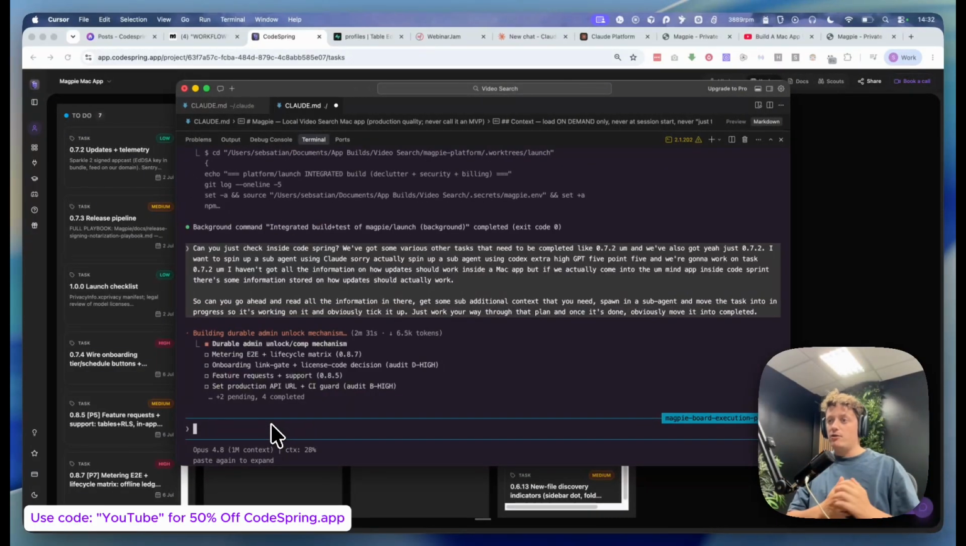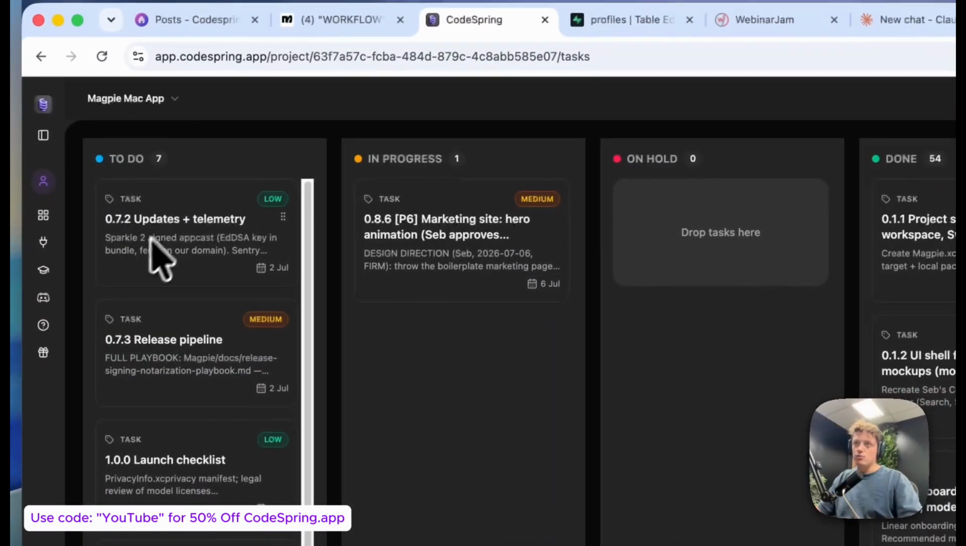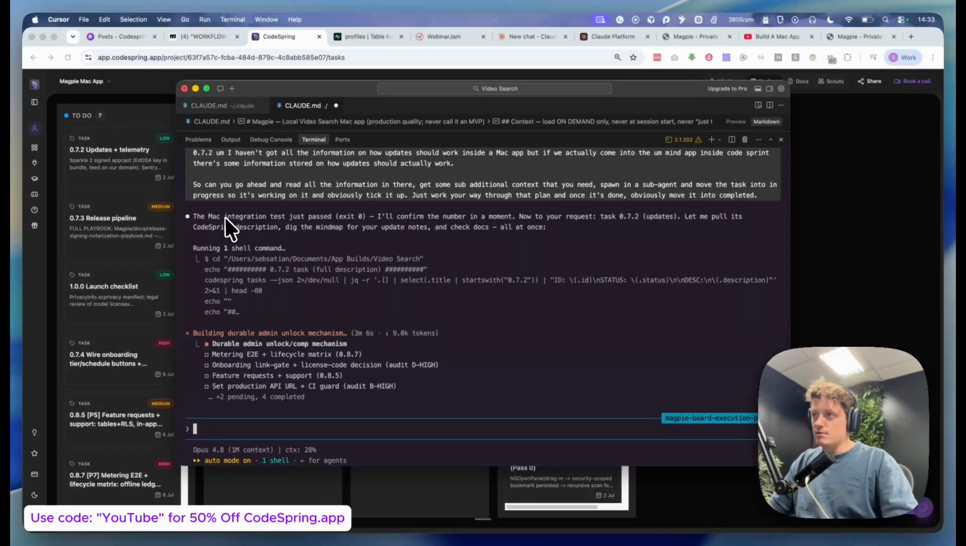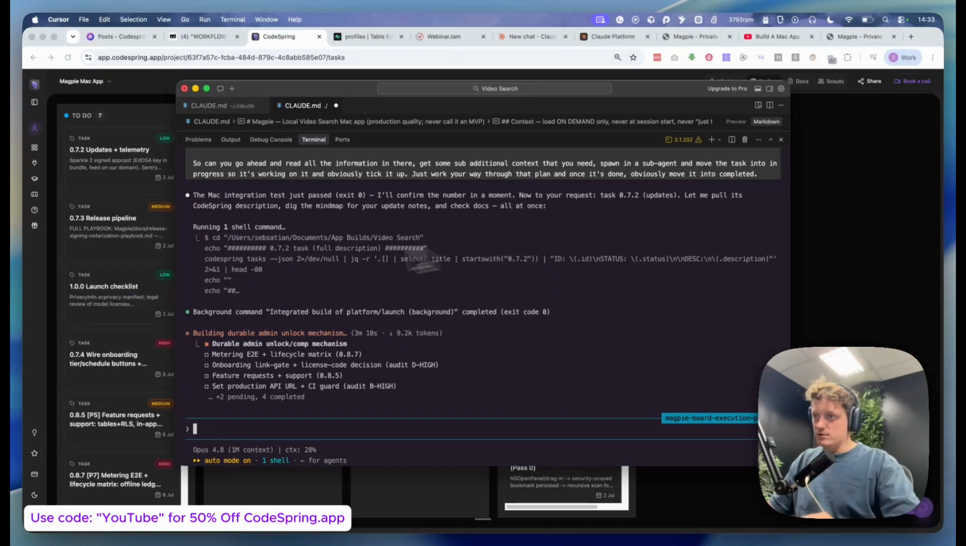Now, the wonderful thing about doing all of this is I don't need to re-explain everything all the time. In a second, what you'll see here is we'll come back into the Kanban, and it's going to move this from to-do to in progress. At the moment, it's just going to go ahead and probably figure out how to do it. So we'll pause this. I'll come back once it starts